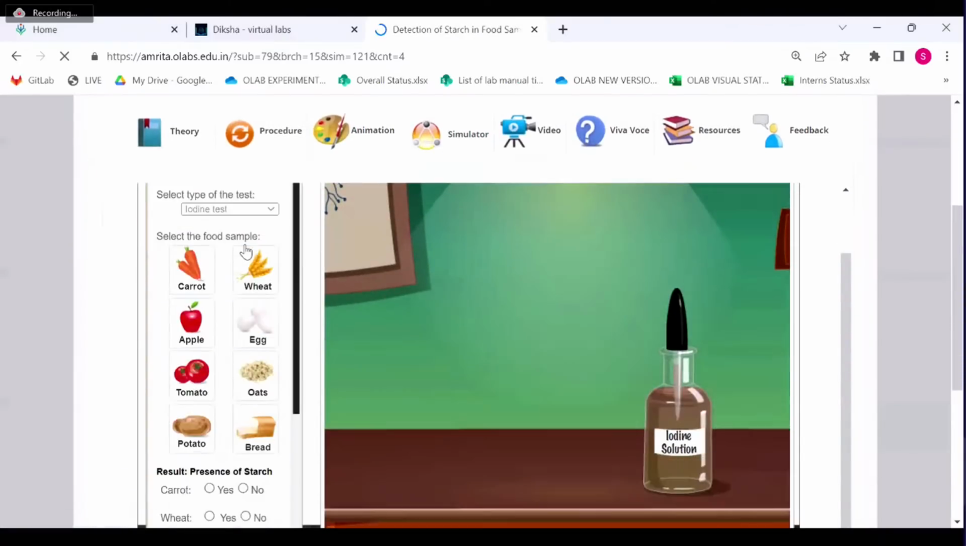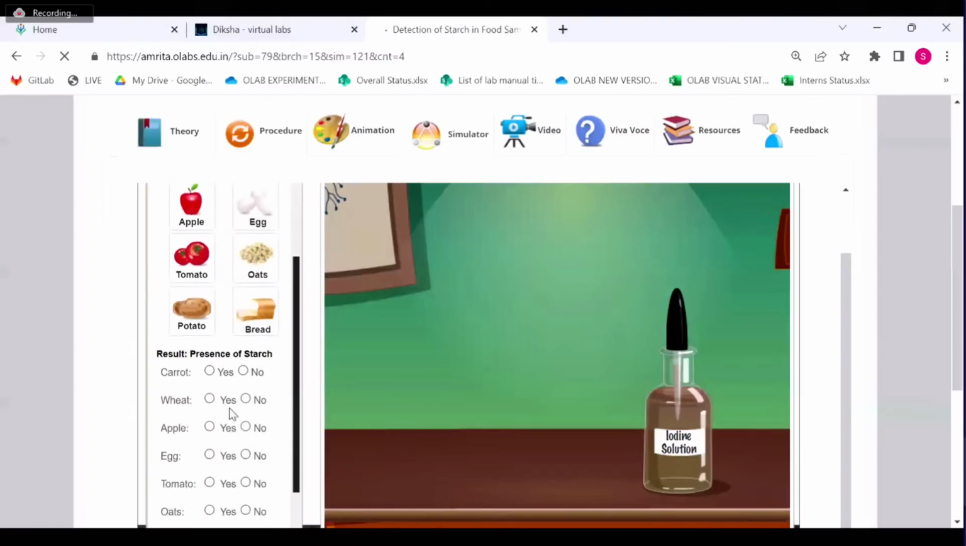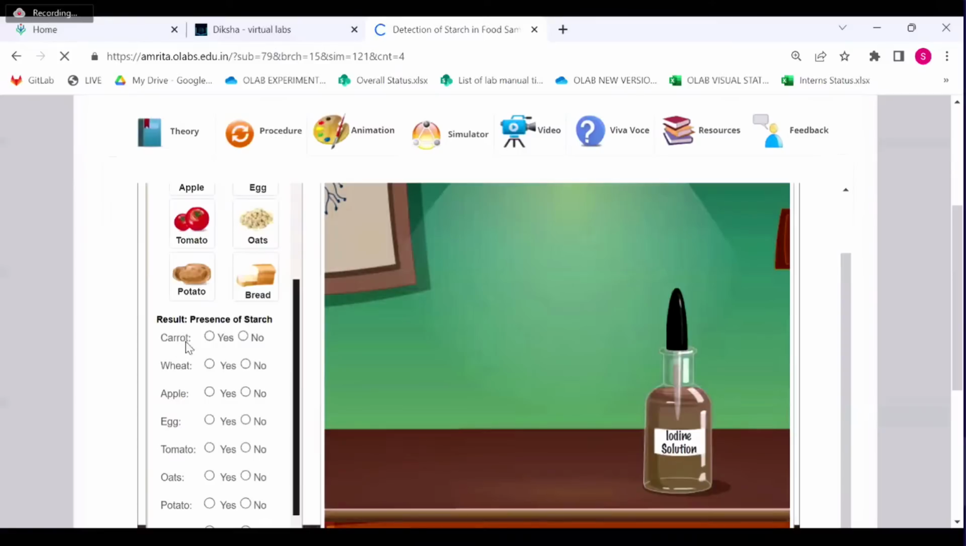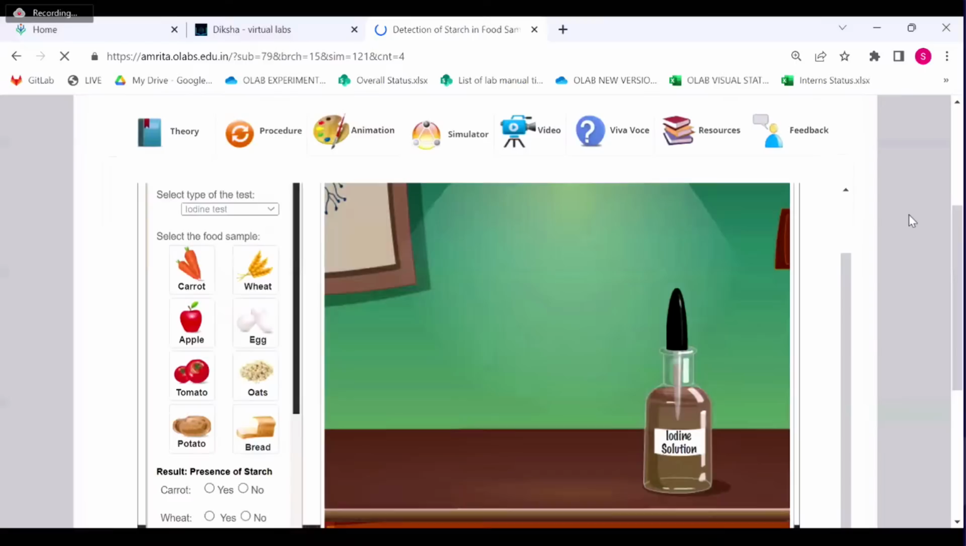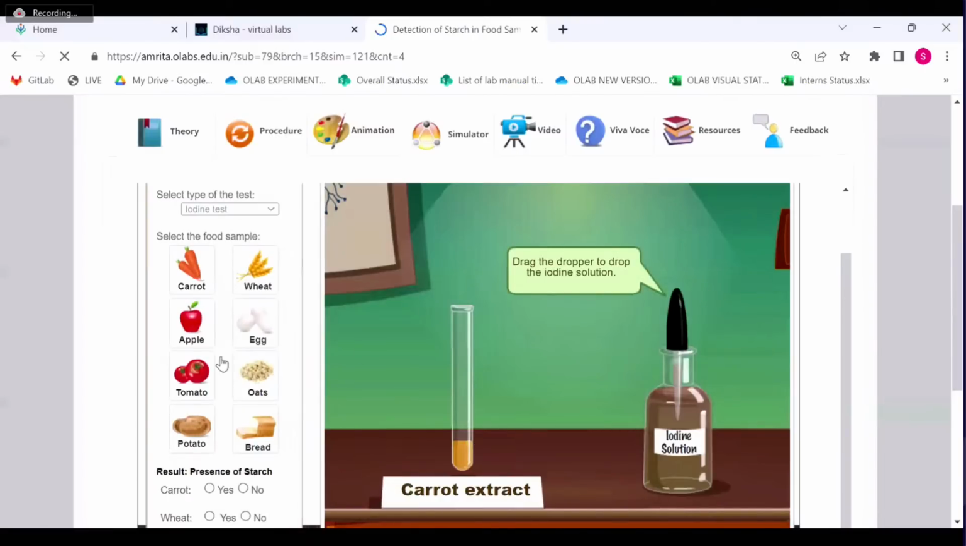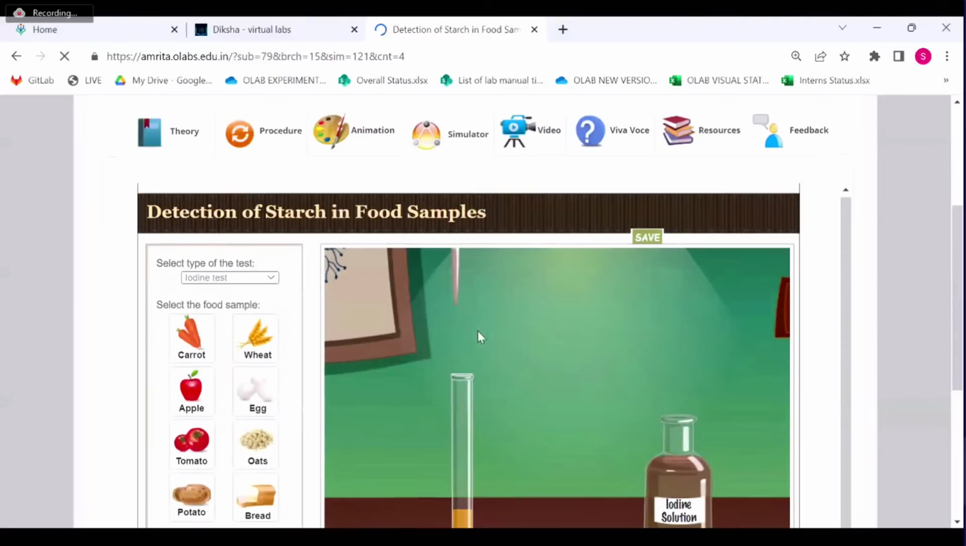Let's do and see. Now on the left side of your screen you see the affordances. From that, the type of test, iodine, is given, food samples are given, and here the best part is the students can do the experiment and then check the result. Let's try with a few. I'm taking the carrot extract, drag the dropper,